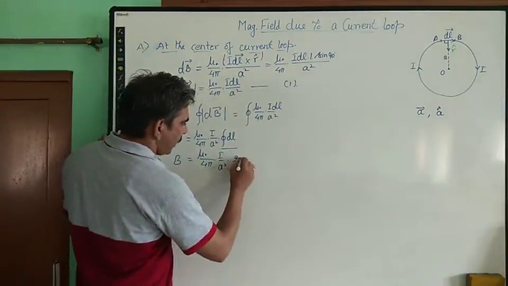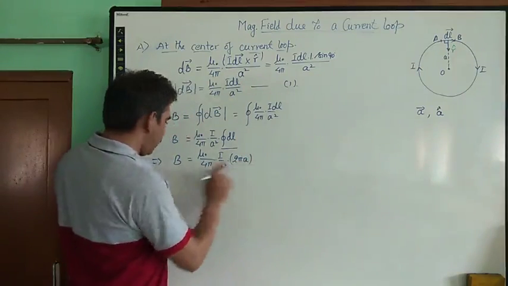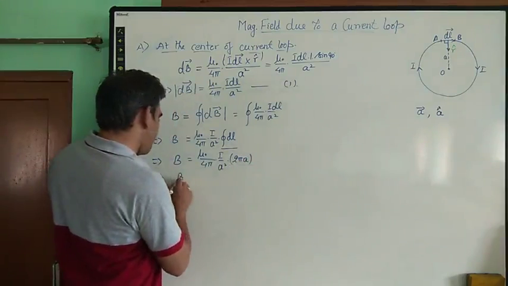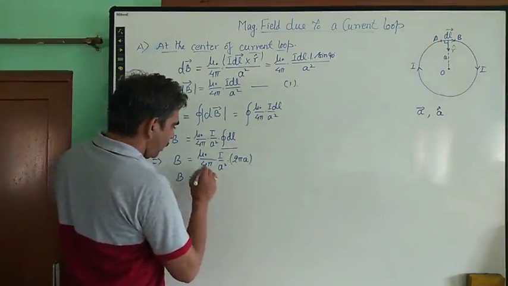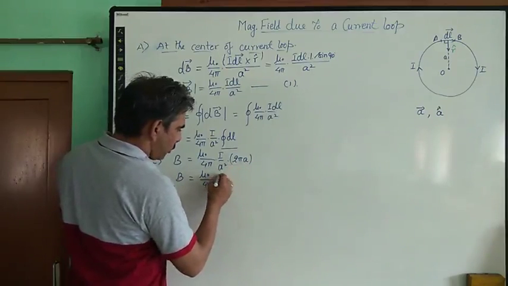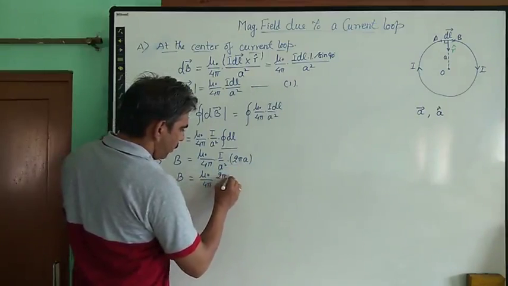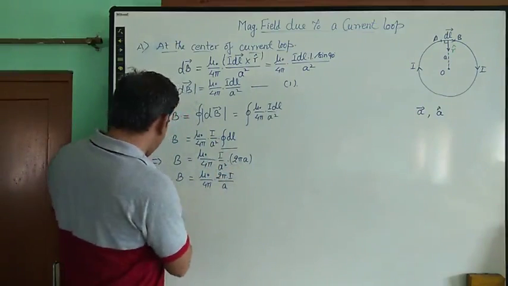So it is 2 pi into radius, which is A here. So from here we get the expression for the magnetic field to be mu naught upon 4 pi into A cancels out with one A, so it becomes 2 pi into I upon A,